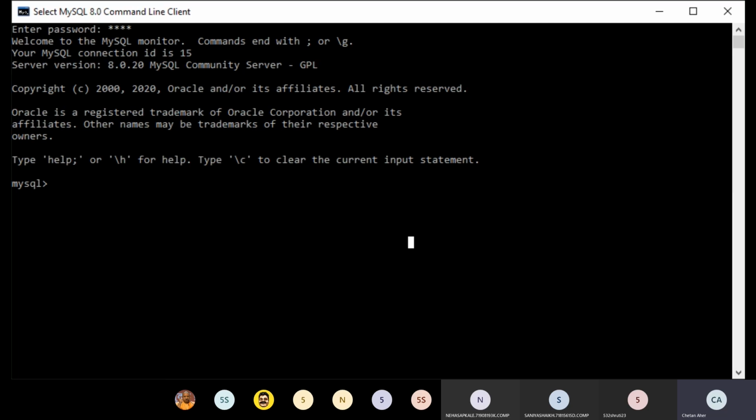There are basically five main aggregate functions. You can list them down. First is average, second is minimum, third is maximum, fourth is summation, and fifth is count. The count operation gives you the number of records: how many records are present in that field, or how many distinct values are present in that field.